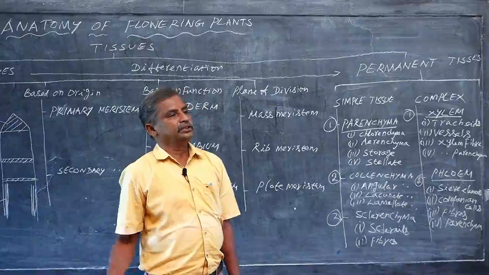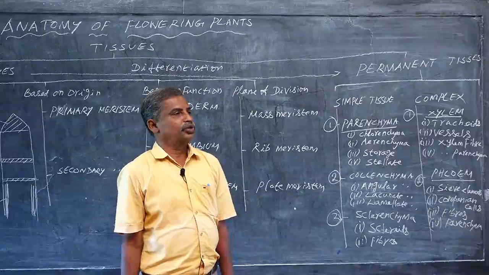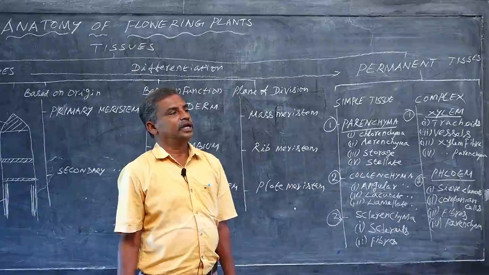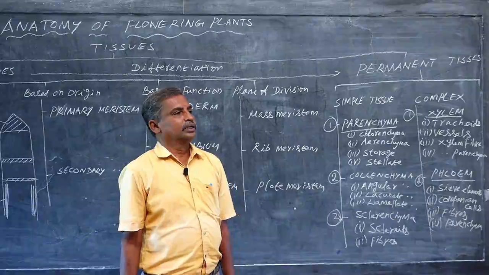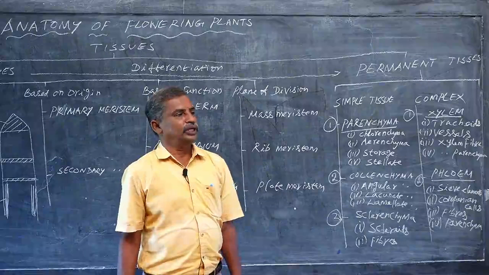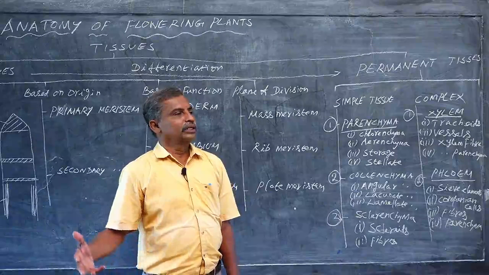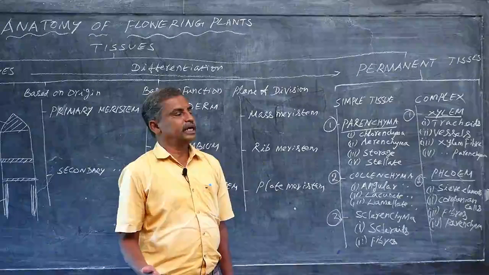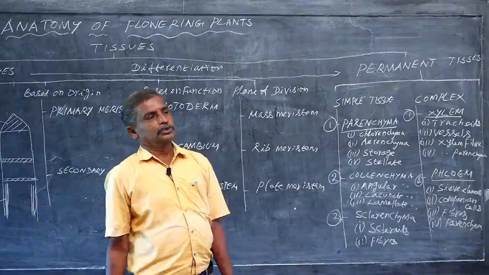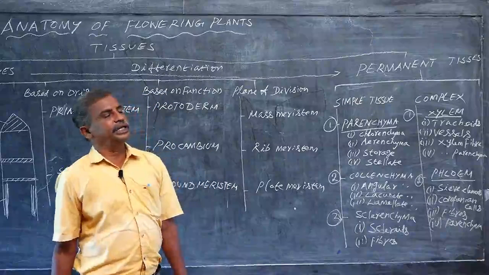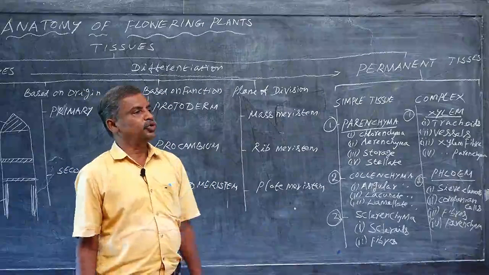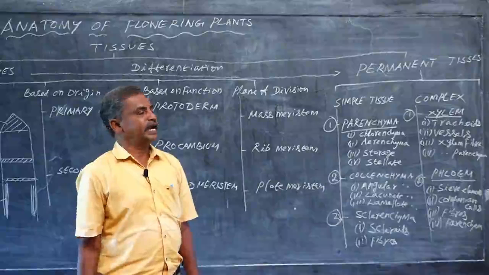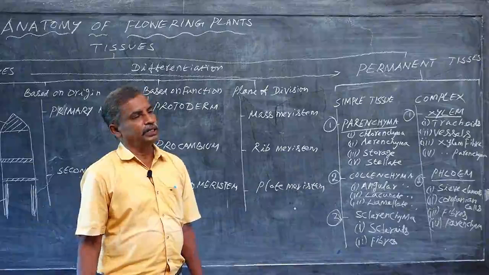Starch is insoluble in water, so as such, starch is not conducted. It should be in a soluble form so that it is dissolved in water. Through water-like mass flow, the food is conducted to all parts of the body. So, the starch is converted into sucrose. In sucrose form only, the food is transported to all parts of the plant body.